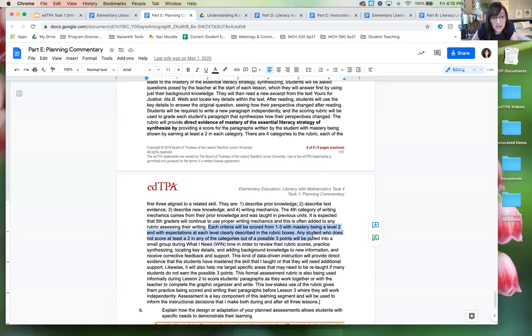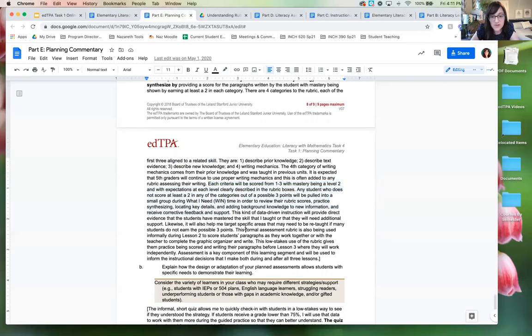With mastery being a level 2 and with the expectations at each level clearly described in the rubric boxes, a student who doesn't get a 2 out of a possible 3 is pulled into a small group during what I need time. If your school has a WIN period, you can talk about that as a place to help them. This kind of data-driven instruction will give me direct evidence that they've mastered the skill. It will also help me to target specific areas that I might need to reteach